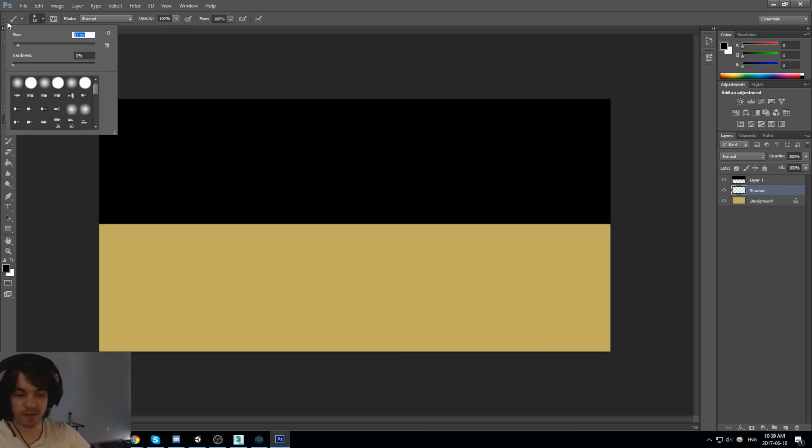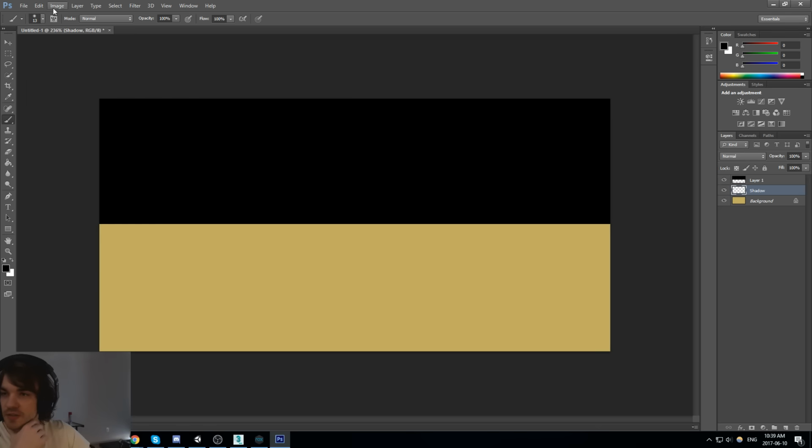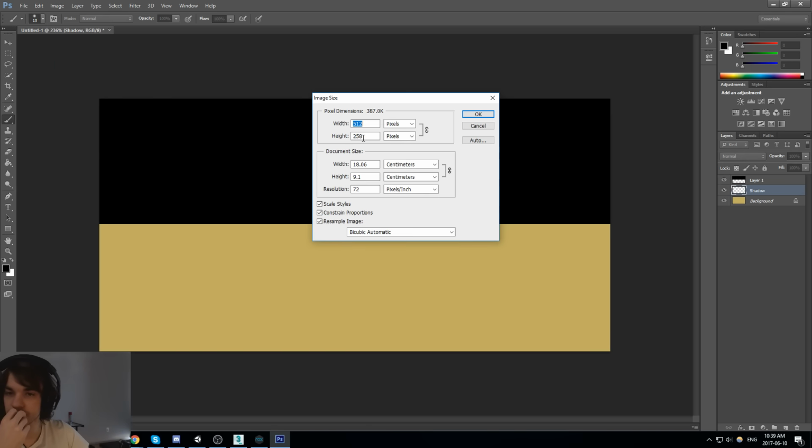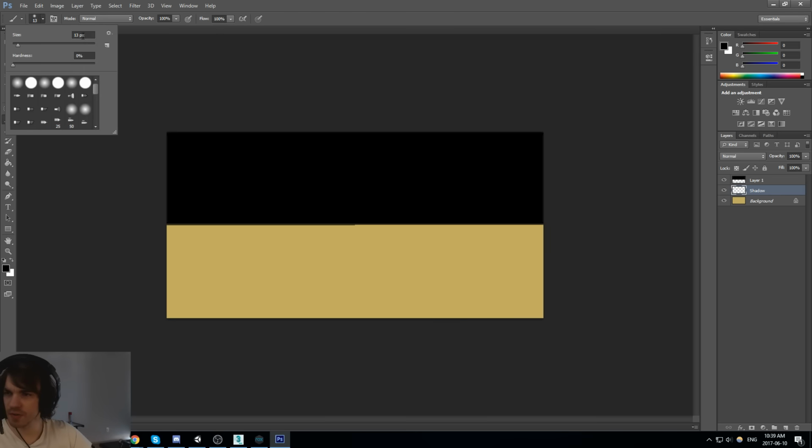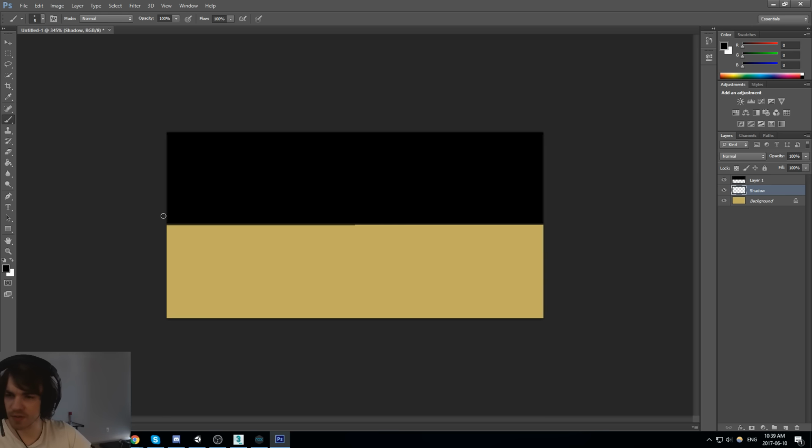Now I'll take a smaller pen. Actually, I'll make this whole thing smaller. There we go. Take a smaller pen, maybe something like 5. And I'll just try painting some shadow and some highlights. Don't judge me, I'm not doing this every day.